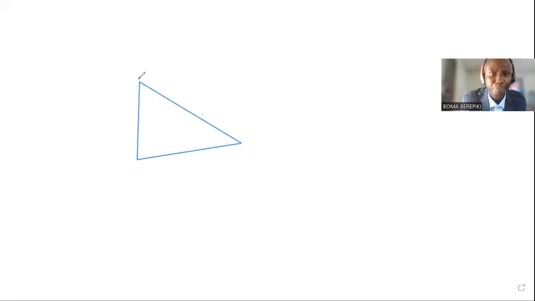For example, in a case like this, let's say a Pythagoras theorem problem where you're asked to find one of the sides of a right-angled triangle. Let's say this is a right-angled triangle, and you're asked to find the hypotenuse side. Okay, and here is, let's say 3, here is 4. So how do you find x? I'm going to show you that briefly, just to give you a glimpse of what you stand to benefit in my class. Okay, so x squared is equal to 3 squared